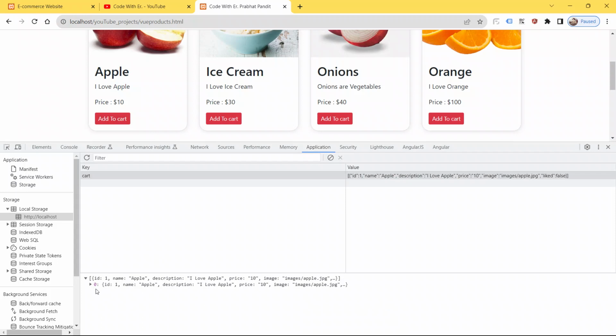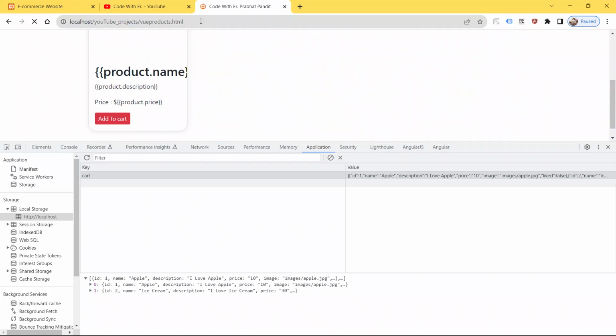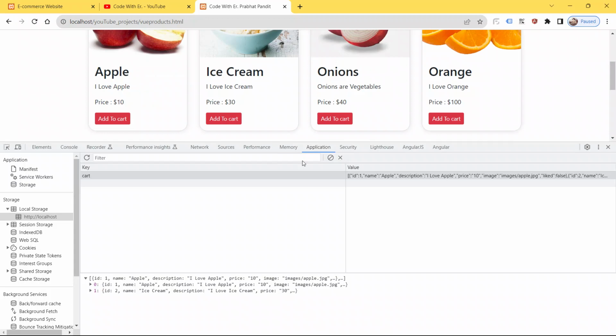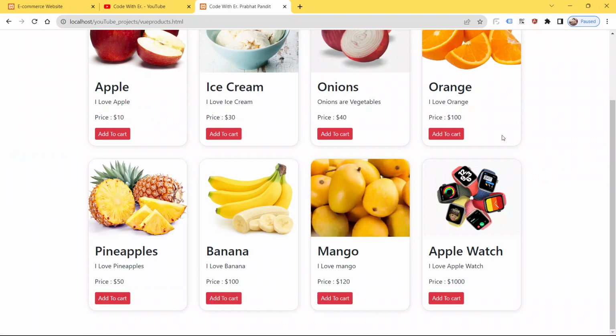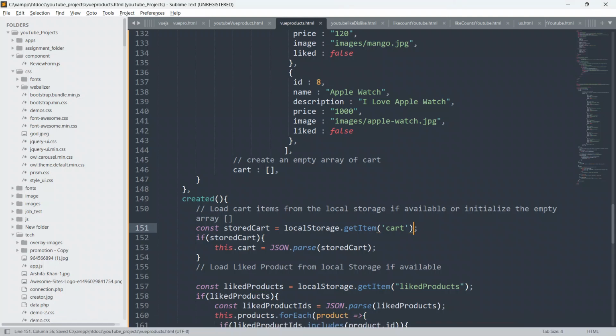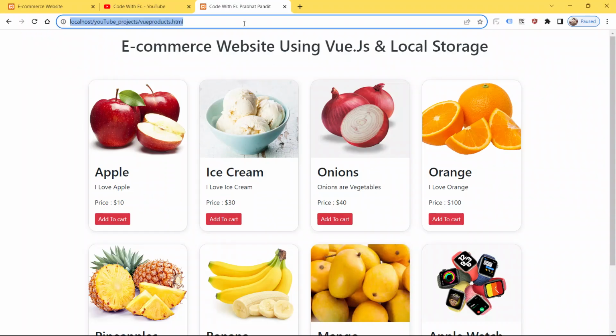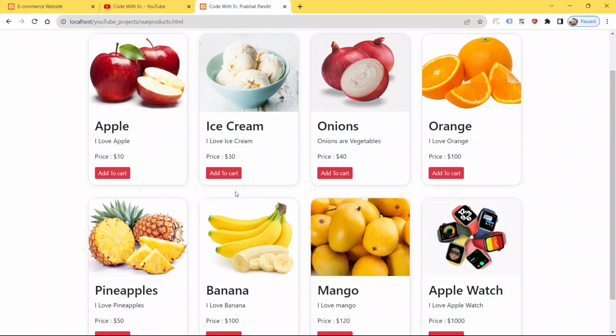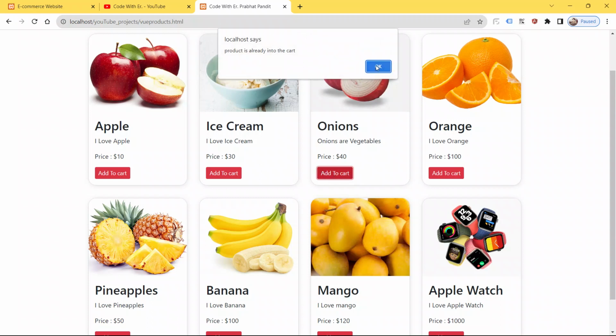Yeah, so now guys, we are able to add the product into our cart, okay. So guys, now everything is working. Try to refresh the page. Yeah, it remains inside the local storage, okay. So guys, I was just putting some empty array, so just don't put an empty array. So now as you can see here, we are able to add, and see, the product is already in the cart.